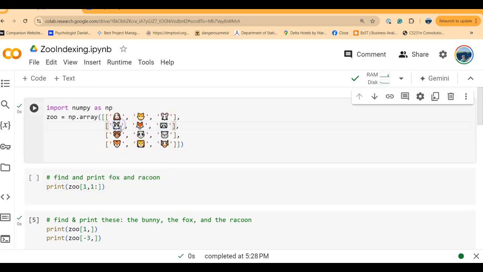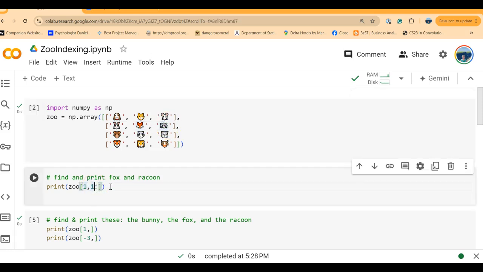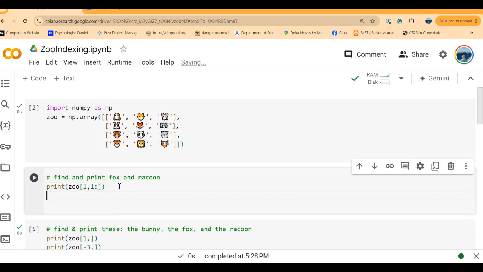So this is index 0, 1, and 2. So if I put 1 colon, it means that 1 and the rest of the elements. You could put 1, 2, 3, or 1 colon 3. That would do the same. I'm going to do the same